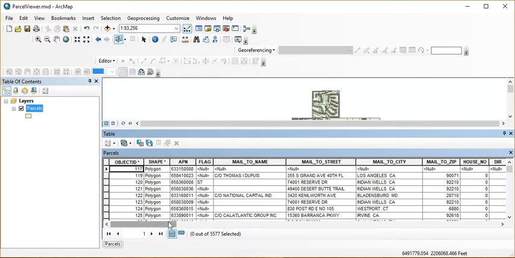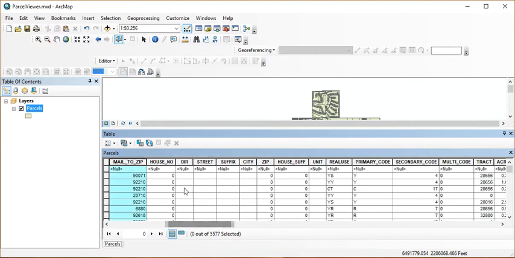So if you take a look at the attribute table, you can see that these are some of the attribute fields that we have. We have the APN. That means that if the person knows their APN, we can build an application that they can enter their APN to find their property. The data has the mail to name, the mail to address, right? The city, the zip. It has the house number. It has the direction, the street, the suffix,